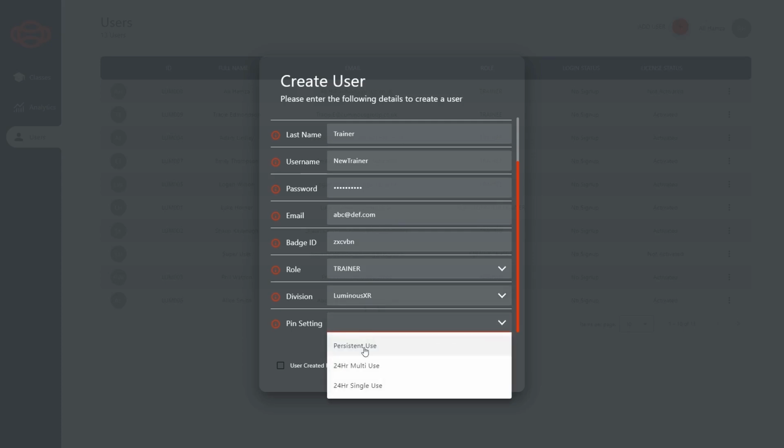Select a pin setting after that. You can choose from either persistent use, which means that the pin is permanent, which can be changed, but will last forever and be able to be used over and over, should you wish. You can also pick 24-hour multi-use, which means that you'll be able to use this pin as many times as you like within a 24-hour period of being set, and then it will expire. And you can choose 24-hour single use, which means that you can use it exactly once within 24 hours of